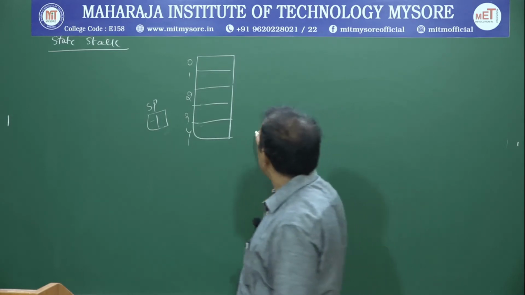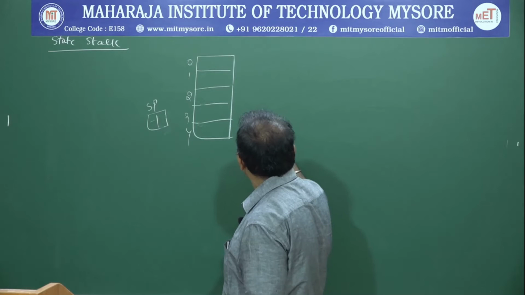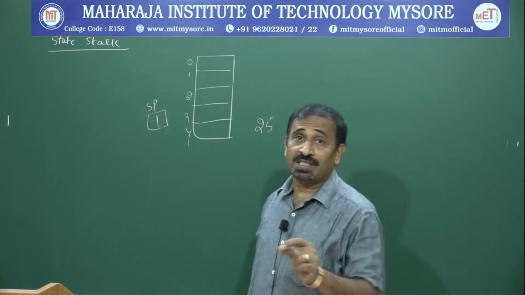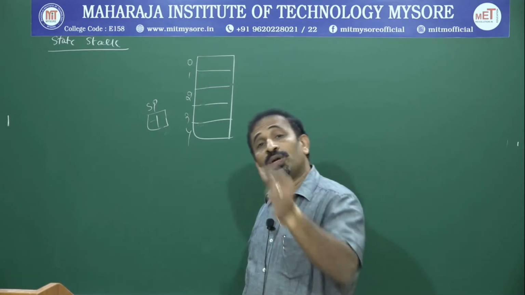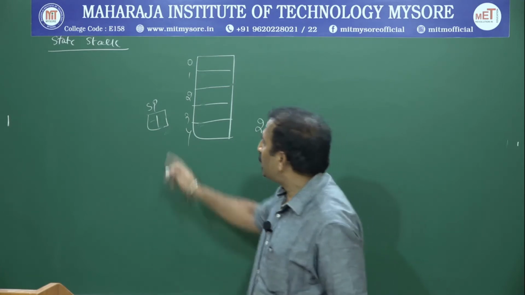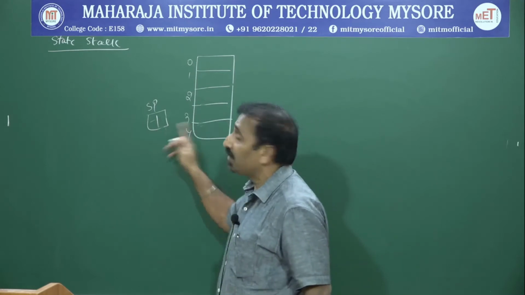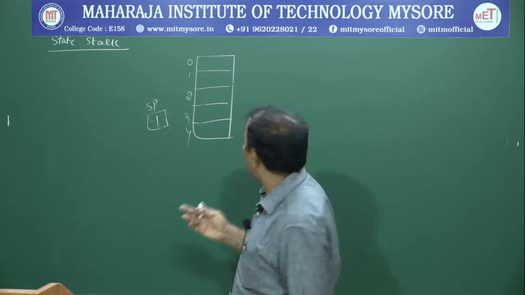Okay? Now let us take this case. First I am inserting a number called 25. As I already told you here, the elements don't move, only the stack pointer moves. So the stack pointer is another variable I have considered, logically connecting these two. These two are getting connected. I am trying to do it like this.